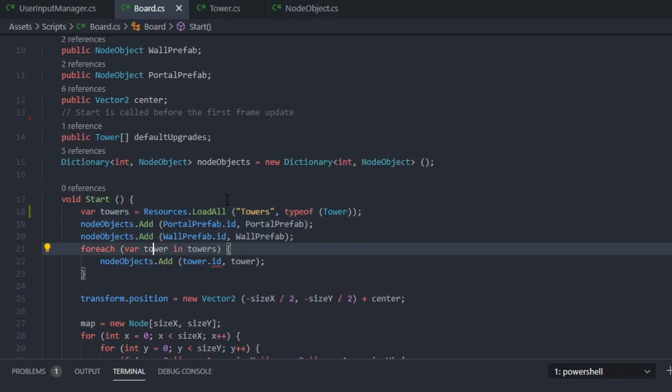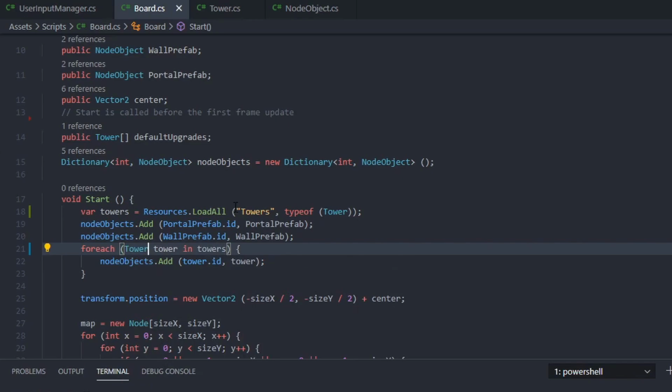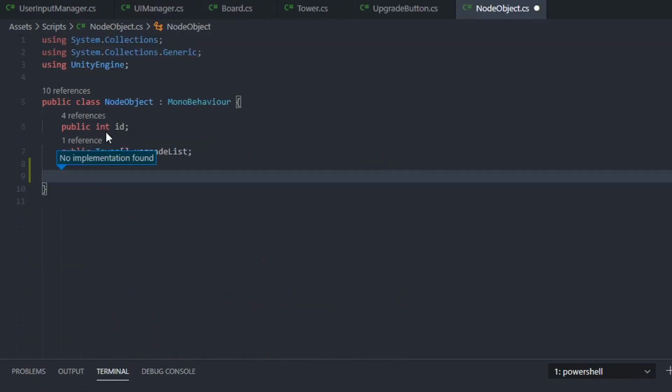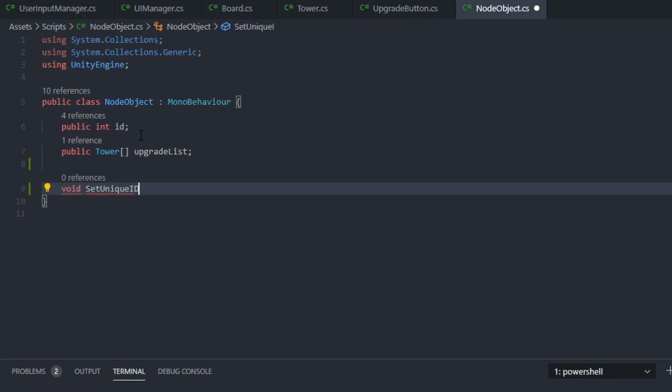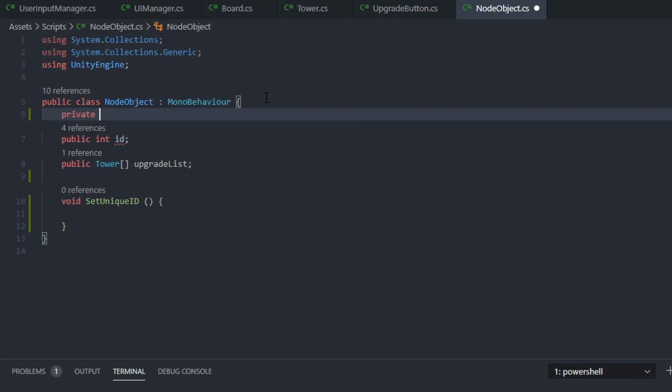And the only problem here is that this returns object, so we just need to cast it. And that's it. Let's fix the issue with the ID. So if we have ID greater than 0, that means we don't really care what the ID does. So let's create void set unique ID, and let's create private static next ID, and this would start with 1